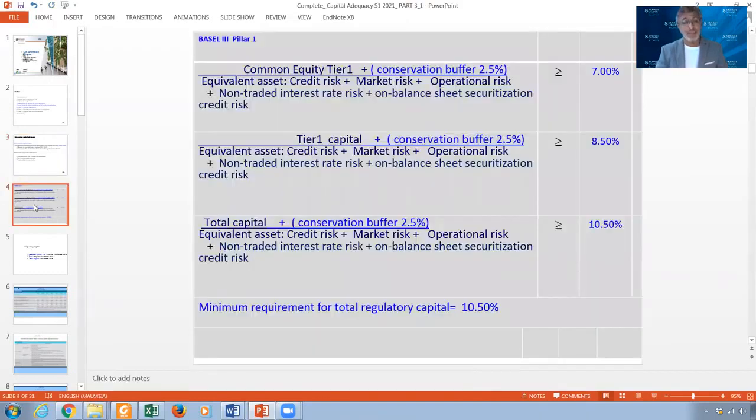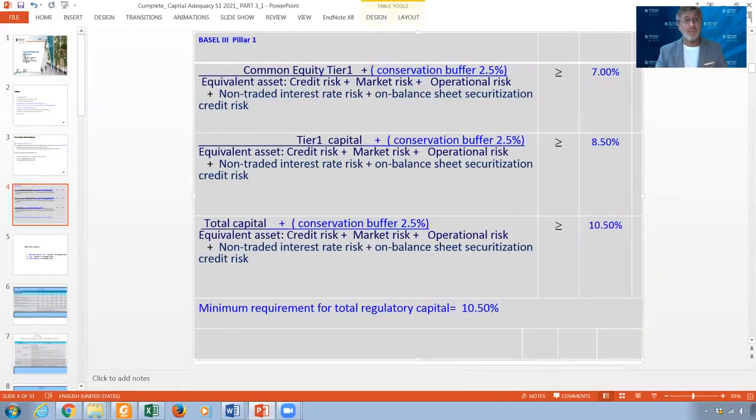Now, unlike the leverage ratio, which is one ratio, capital over total asset, here we have different things. We have three types of capital. We have common equity tier 1, which has to be equal or more than 7%, and then we have tier 1. And they will tell you what is tier 1, what is common equity, and what is the total capital